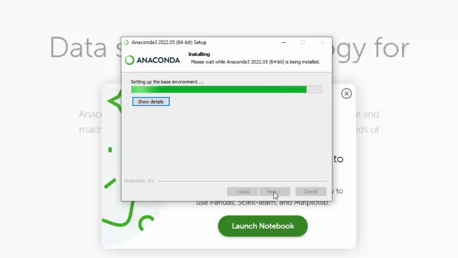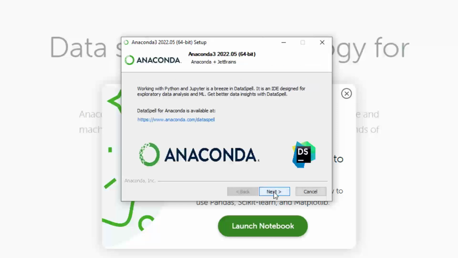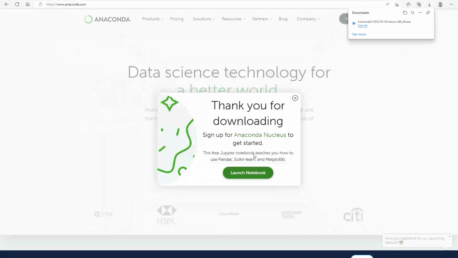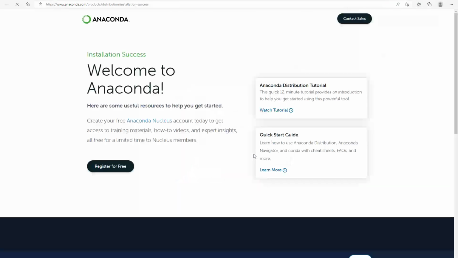Now once the installation has completed, you can hit Next, and then you are presented with some helpful tips and resources to get you started. But at this point, you are done. So you can click Finish and you will now have Python installed on your machine. It's that easy. Now not only will you have Python installed on your machine, but you will also have what is known as Jupyter Notebook, which we'll introduce more in a minute, but let's open this up to see that